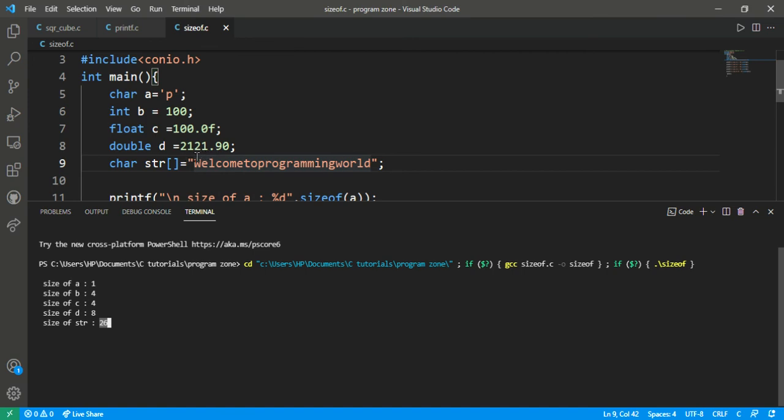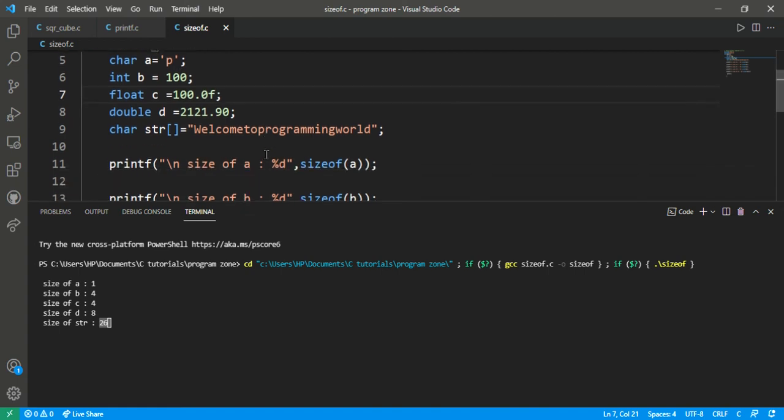The double holds 8 bytes of memory, the float holds 4 bytes of memory, int also holds 4 bytes of memory, and char, that is the p variable, holds 1 byte of memory.